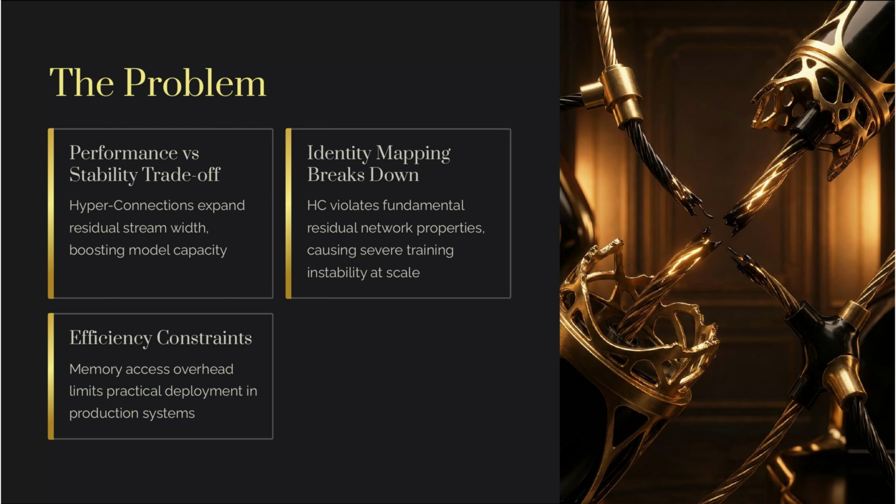For years, AI researchers have known that expanding the width of neural networks, essentially giving them more thinking capacity, leads to better performance. There's a technique called hyperconnections that does exactly that. The problem? It breaks something fundamental called the identity mapping property, which is critical for training stability. As you push models deeper and wider, training becomes unstable. You get gradient explosions, representation collapse, and you have to apply workarounds just to keep training from falling apart. And there's another cost: memory overhead that makes it impractical to deploy at scale.